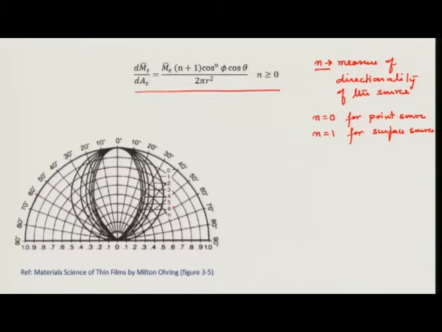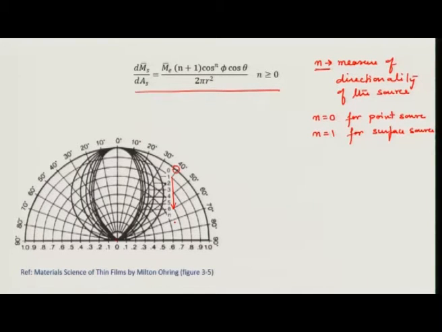And how the flux is spread out once it comes out from my source is given in this chart here, and it follows a cosine law. So, this is for n equal to 0. You see that it spreads out from this point equally in all directions, from minus 90 to plus 90. However, as the directionality increases, you would see that this spread becomes narrower and narrower, and the flux from the source is going only in one direction. So, that is the measure of directionality.